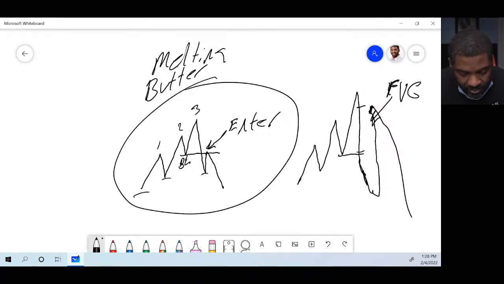Some people, once you learn the setup, you gain the ability to just take it as the train is running towards you. But until I really know a setup through and through, I always wait for the confirmation. If I know my setup through and through, I'll take it as the train running at me. Most times you get a better entry if you take it when the train is running at you. But until I learn that setup through and through, I always wait on the confirmation. I don't bet on nothing.